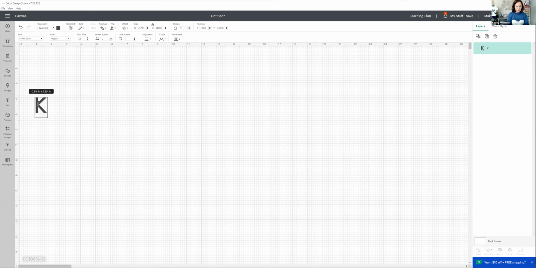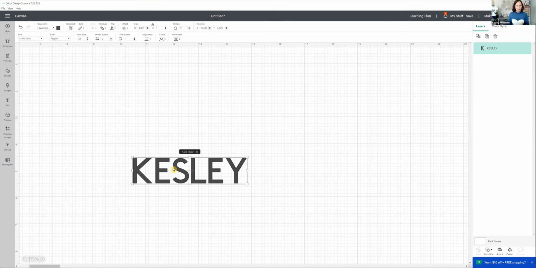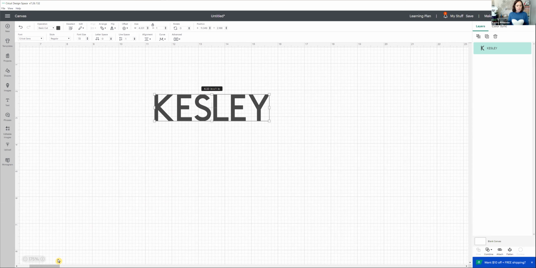So I'm just going to type in my name, Kesley. I'll type my name in right there. It defaults to Cricut Sans, which is a basic generic. I love this font. I actually use this font quite a bit myself. It's a good basic font. But if you want to change your font, all you need to do is go up to the font edit